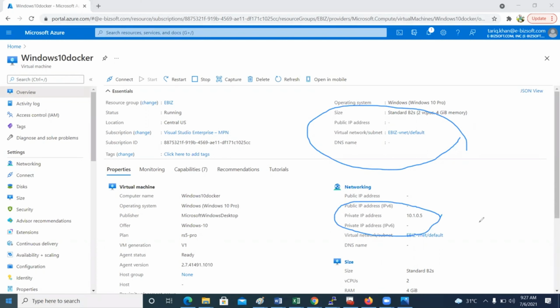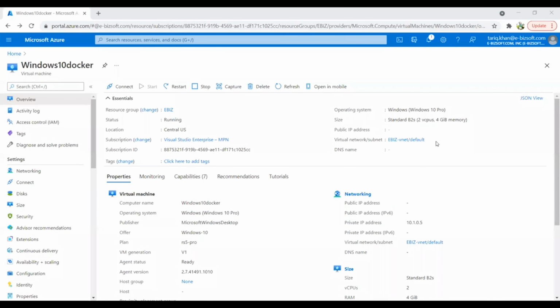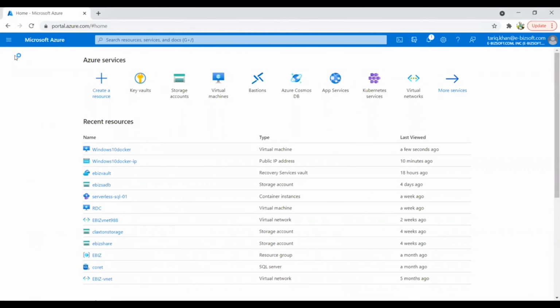So let's start implementation of Azure Bastion. So the public IP address is removed now. So let's move with the Azure Bastion implementation.